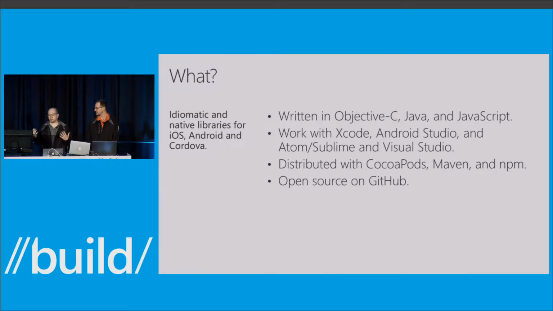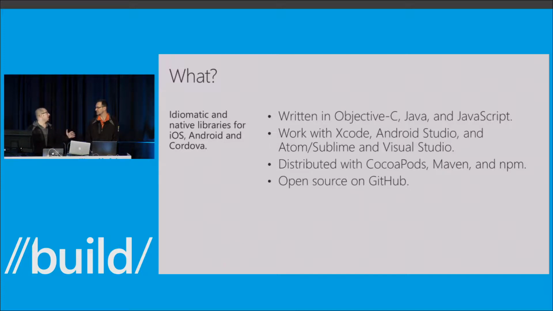Of course, they're written in Objective-C for iOS and Java for Android. But not only that, they work in Xcode. That's where we've done all our development, where we've done all our testing. Android Studio for Android, and text editors with Cordova like Atom and Sublime, or the new Visual Studio Code,